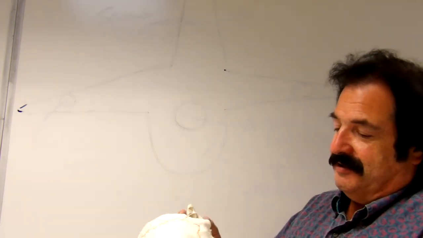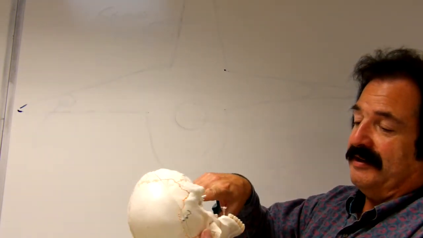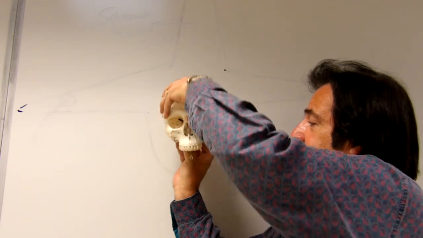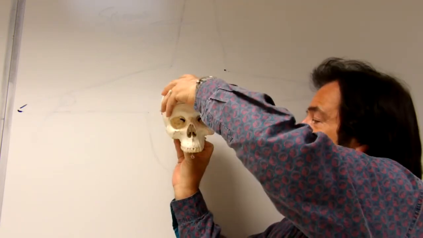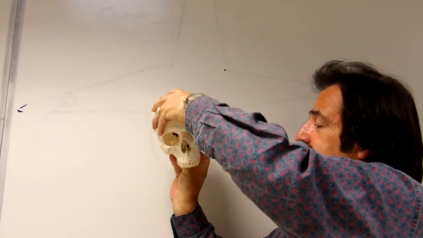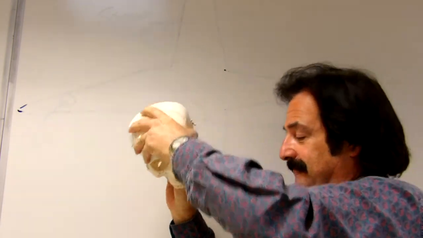articulates superiorly with the occipital condyles. So fill that in. The atlas articulates superiorly with the occipital condyles of the occipital bone. This connection allows the head to go up and down. C1 or atlas allows the skull to rock on top of that. All right? Now it turns out